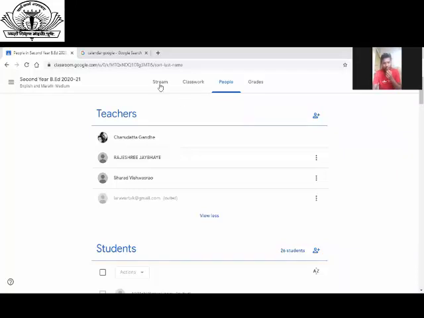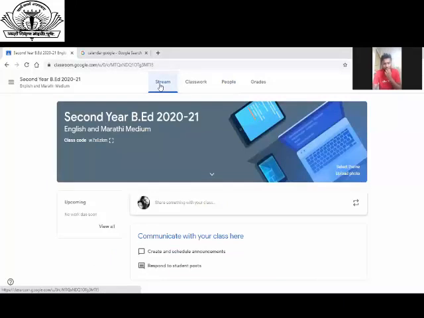Now I will go to the stream. This stream is mainly used for making announcements. This is an interface where students can also communicate. If you enable in your settings to comment, students can also communicate on your announcements.